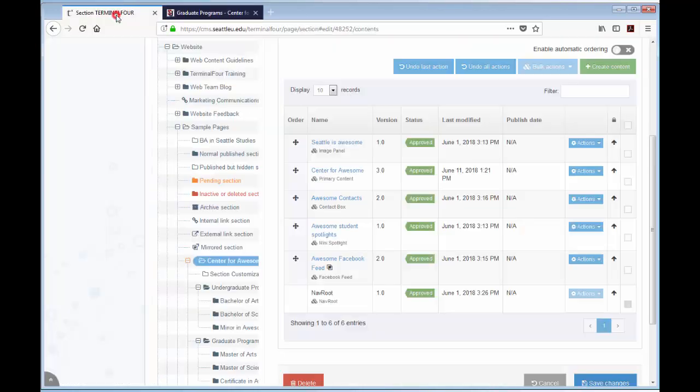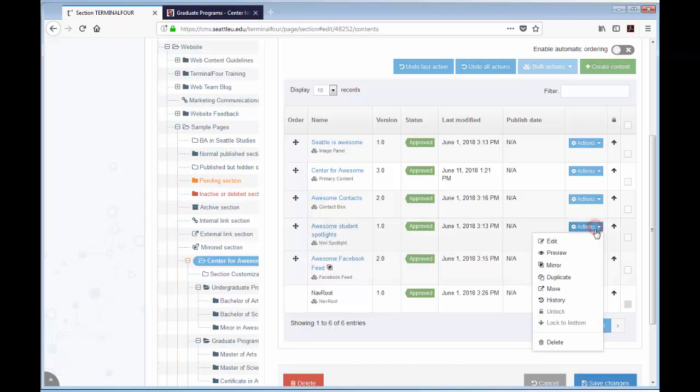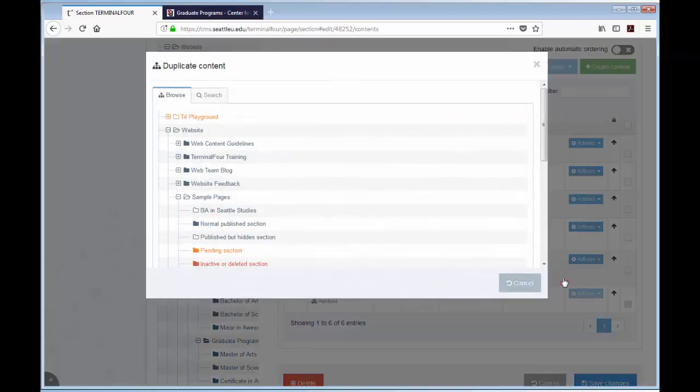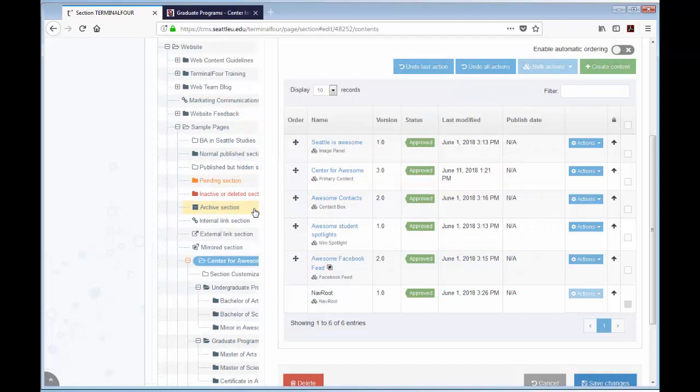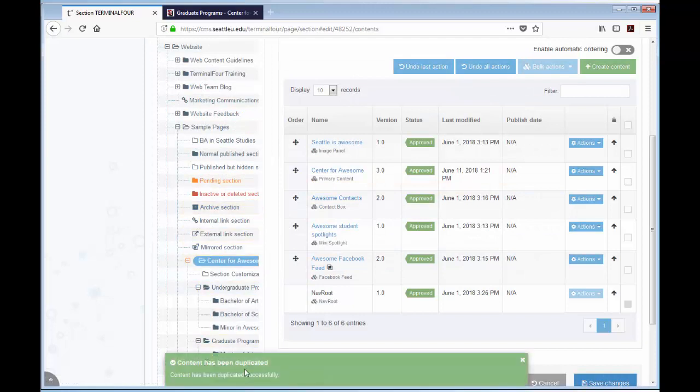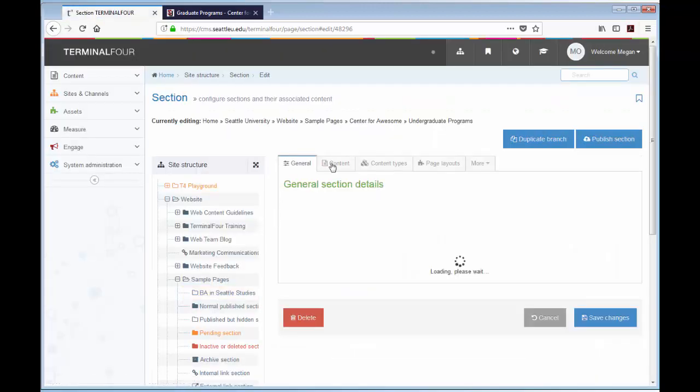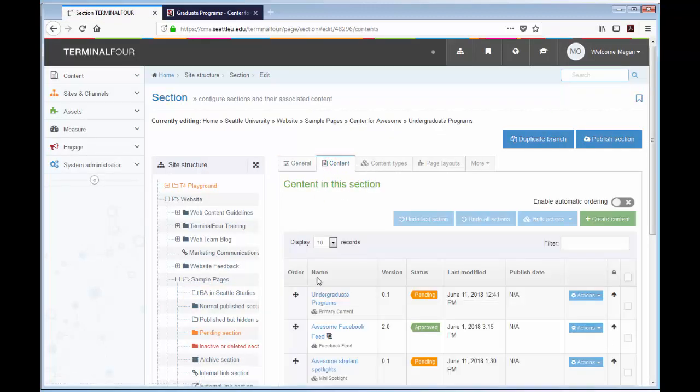Now let's talk about duplication. Let's say there's a content item, say this mini spotlight, that we'd like to have a completely separate copy of in another section, say the Undergraduate Programs section. But we want it to be completely separate, not tied together like they are when they are mirrored. We can select Actions, Duplicate, and send a separate copy to another section that we can use as a template